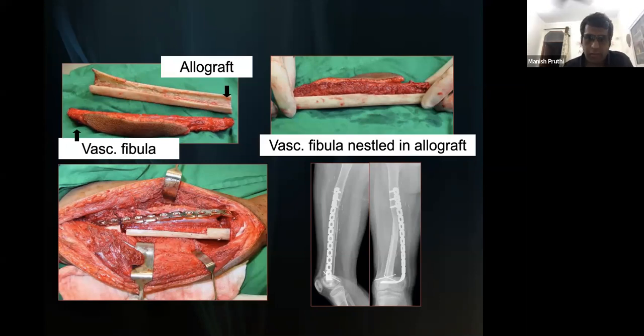So this also requires waiting till the time the bone heals. But when we are putting a vascularized fibula in between, the healing is faster. Healing usually happens in 3 to 4 months as compared to an ECRT or a recycling of tumor bone, which take almost 6 to 8 months. So as the healing happens, we can allow them the weight bearing.